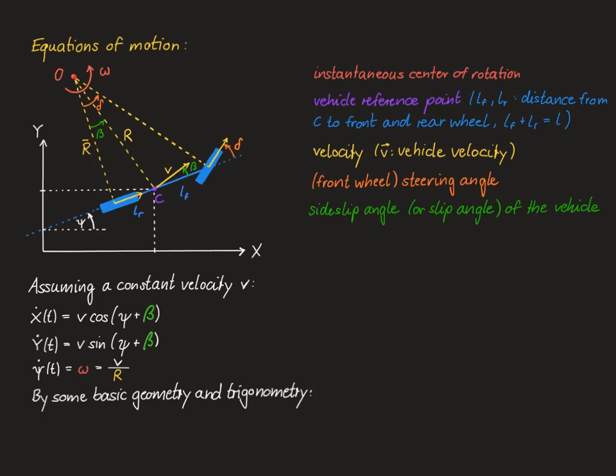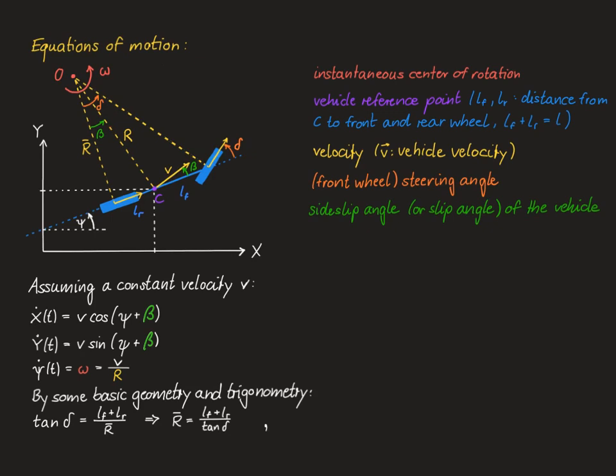First of all, looking at the big triangle, this one here, the tangent of delta is clearly equal to this length here, which is LF plus LR, divided by this length, which is equal to R bar. So that solving for R bar yields the expression LF plus LR divided by the tangent of delta. Using the same idea in this smaller triangle,